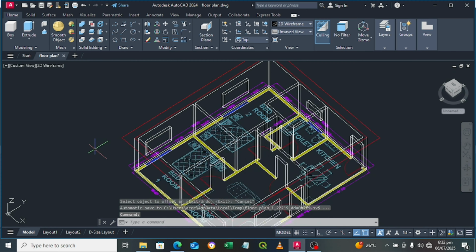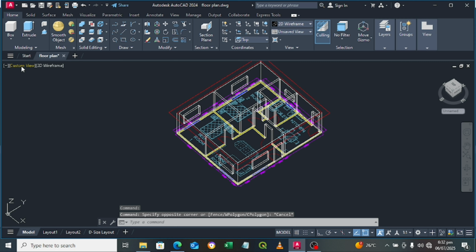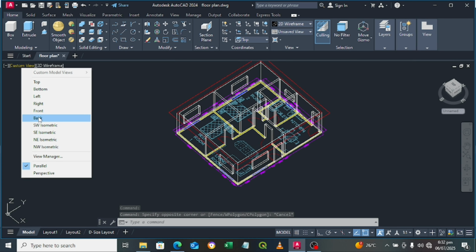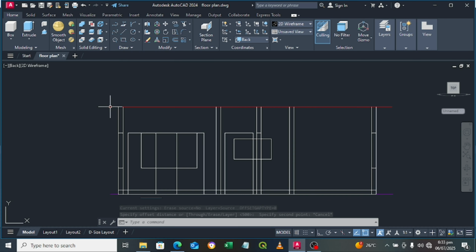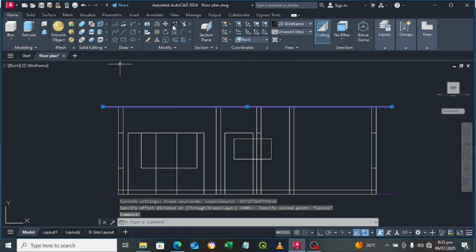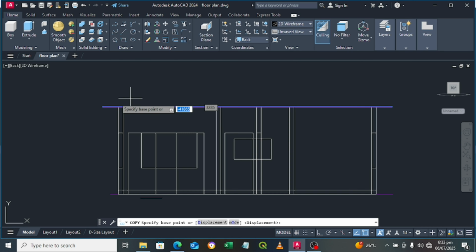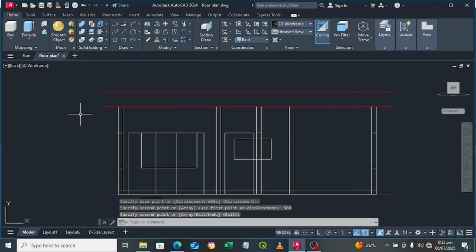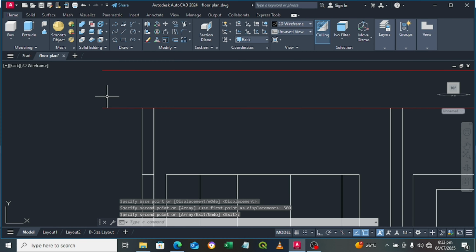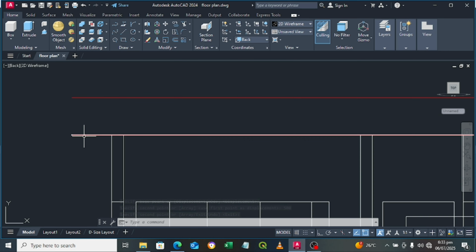then escape, go on custom view, then let's go to the back. Okay, select that line, then copy at a distance of 500, press enter again. Now we are going to be making a fascia board. Select that line, delete,